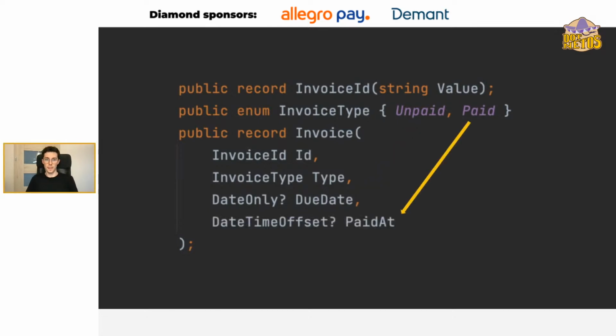And for a paid one, we want to fill the paid at, which is a full time start with the actual payment time. And as you can see, those last two fields are nullable, as each of those depends on the type. And it's a common strategy. We've all seen it somewhere. I believe we've all seen it. If you do the DTOs, sometimes it's simplified to something like this.